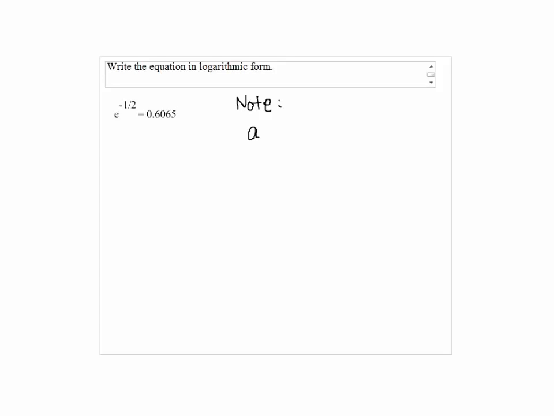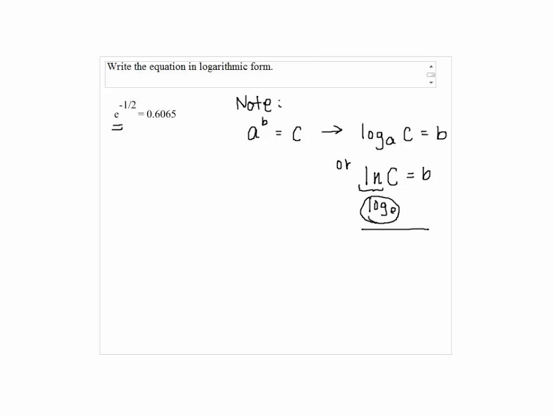Let's note that a to the bth power equals c could be written as log base a of c equals b, or ln c equals b, where ln is the log base e. Since we have e as a base, we're going to use the last one, which is log base e of c equals b. So, by changing the exponential function into a logarithmic form, we have log base e